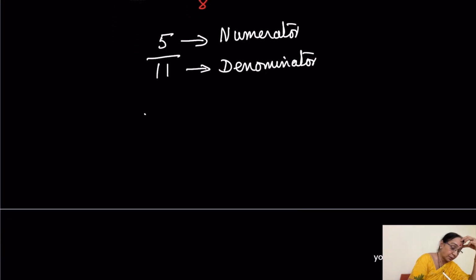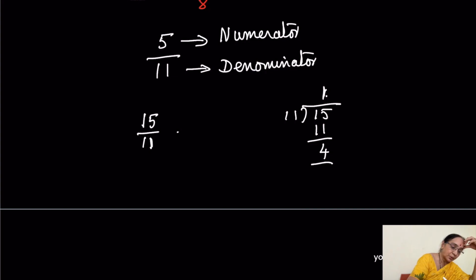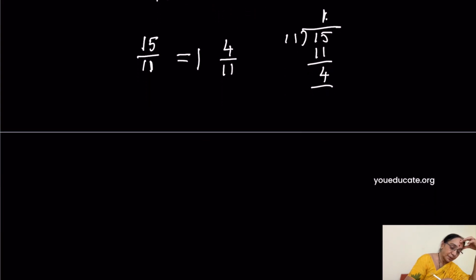But what do you think of 15 by 11, say? Now, when you are dividing something by 11 parts, how do you think you can get 15? Here it is, you can do the long division, 15 divided by 11, so 1, and you are left with 4 as the remainder. This 1 that you get as the quotient is the whole. So here it is 1 whole, and you have 4 out of 11. So how do I represent this? You have this 1 whole,